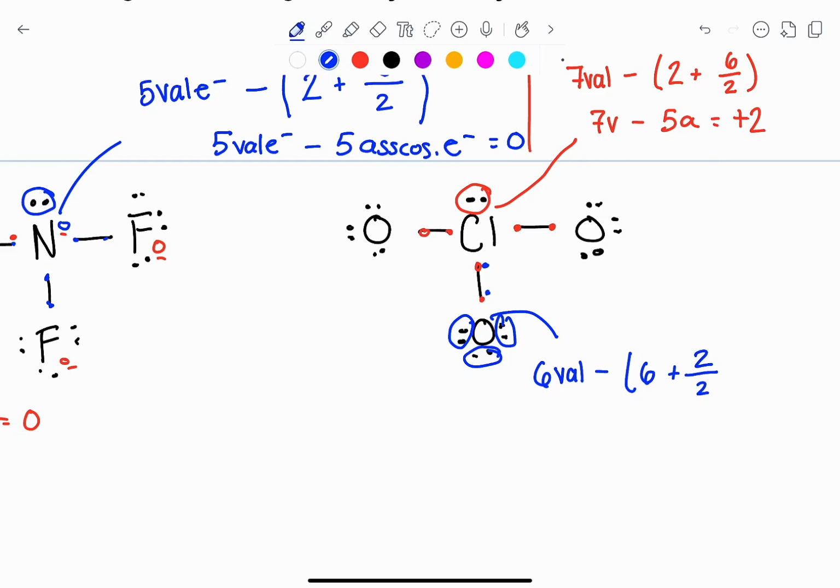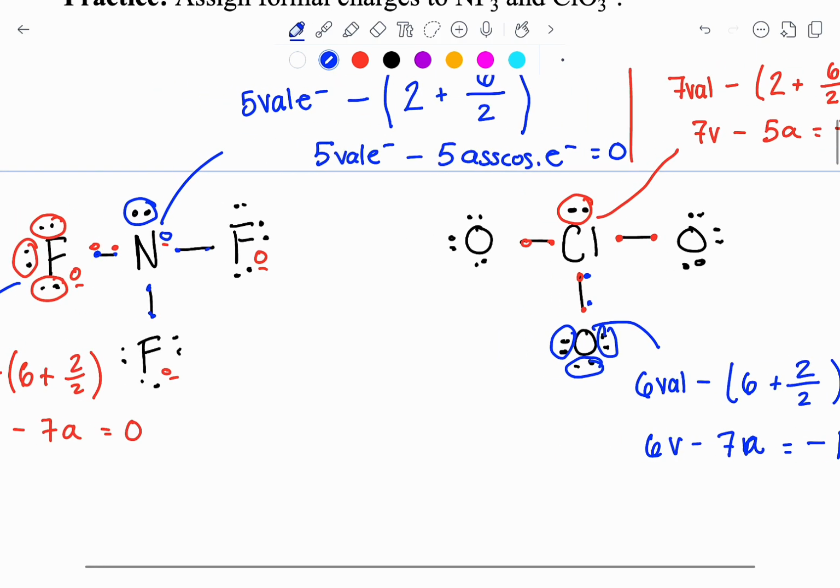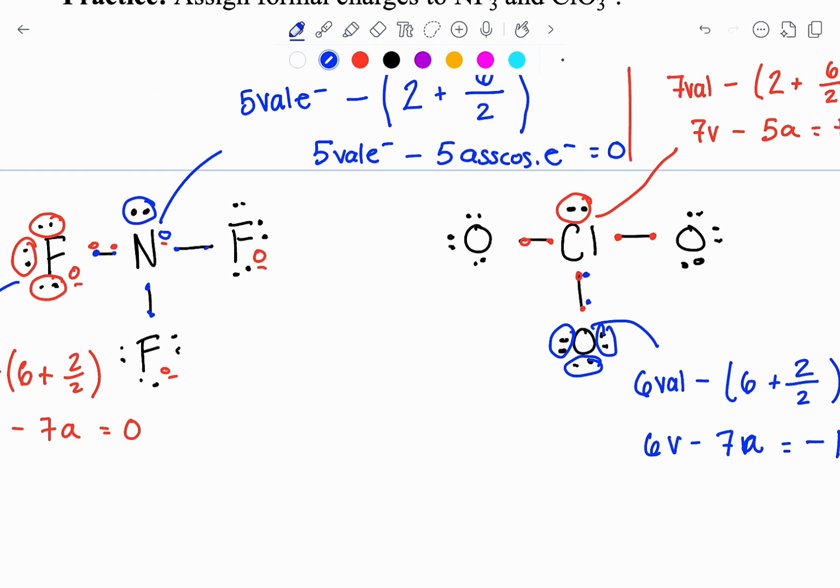So that's 1. So we get 6 valence minus 6 plus 1 is 7 associated, and that gives us a formal charge of minus 1. Okay, you'll notice that these structures look very similar. The central atom has 3 bonds, 1 lone pair. The peripheral atoms all have 1 bond and 3 lone pairs, but even though they look the same, their formal